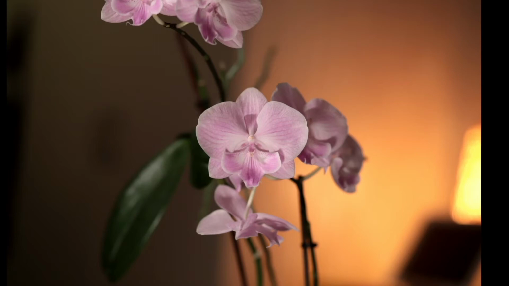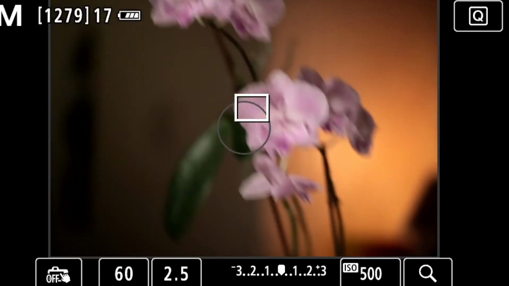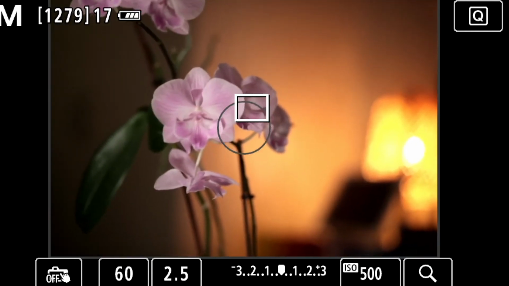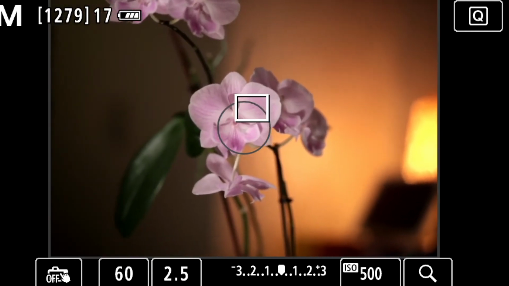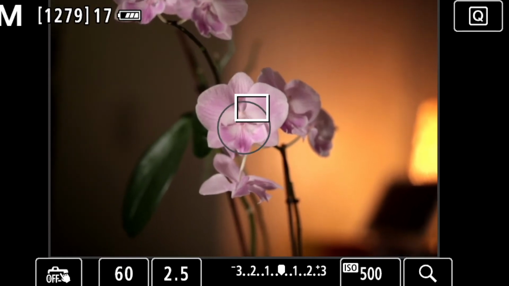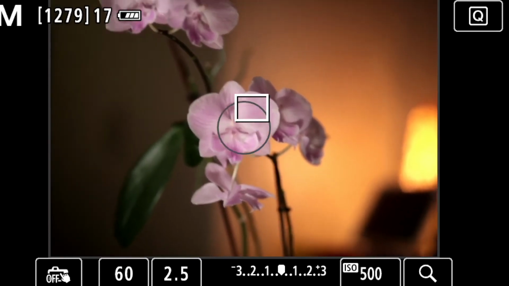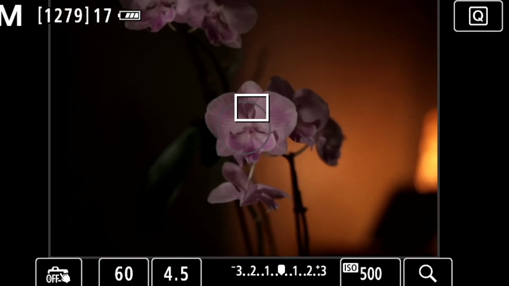But let's say you want to shoot and you want to get that nice light on the right in focus. What would you do? If I want to get the flowers in focus as well as the light, you mean? Yeah, the flowers and the light. I will go very high on my aperture.